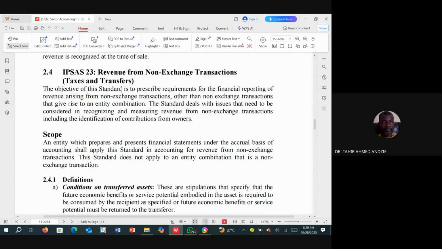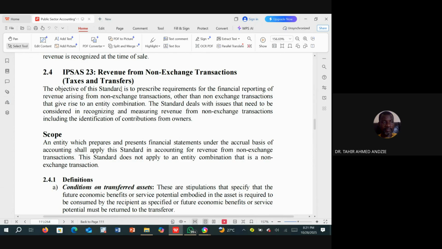The standard deals with issues that need to be considered in recognizing and measuring revenue from non-exchange transactions, including identification of contributions from owners. So we are talking of transactions where you do not receive equal consideration. If you render services and you do not receive equal consideration for those services, or you receive something and you do not give any amount equal to what you have received,